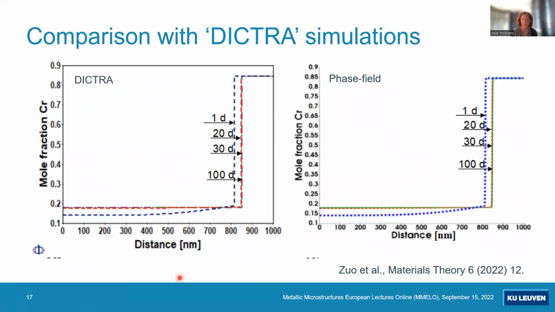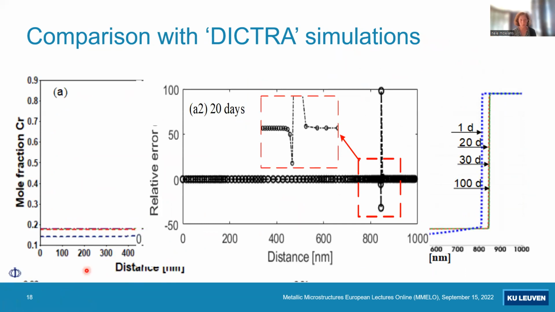We also validated this, of course, so we compared DICTRA simulations with one-dimensional phase field simulations. What we show here is the evolution of the mole fraction of chromium as a function of time obtained from the DICTRA simulations and from the phase field simulations. And you see that the behavior is very similar. And also when we look point by point and compute the difference in composition, we found that there is almost no difference. Only at the interface, of course, there is a huge difference between the phase field model and the DICTRA model, but that's because phase field assumes a diffuse interface and DICTRA,